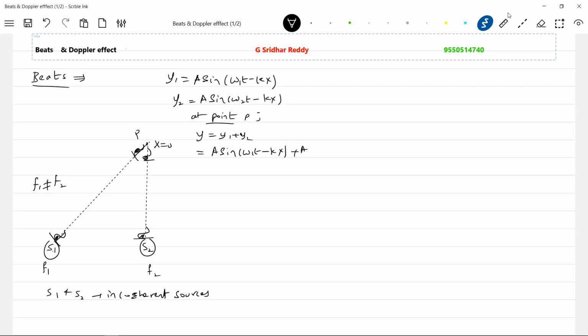We are taking the superposition to be at point P. The amplitude may also be equal. Let me take it equal so that it will be easy for us to solve the problem. Now, with the superposition at x equals 0, I will end up with the equation using the sin A plus sin B formula. So the resultant equation will be 2a